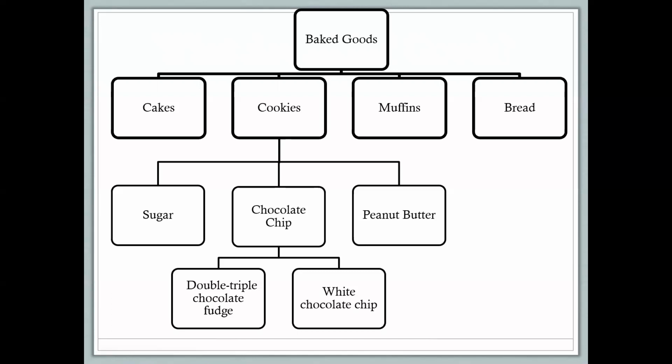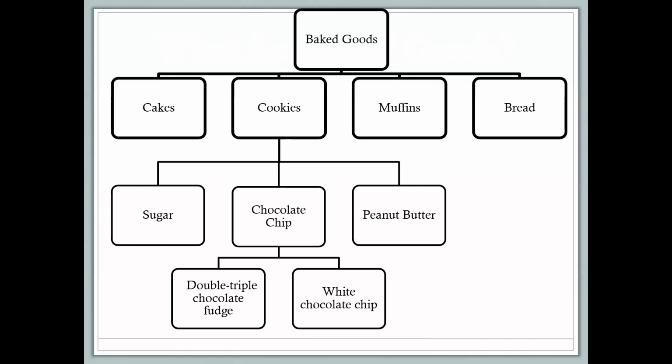And then notice we can go down even further. Under chocolate chip, you have double, triple chocolate fudge. You have white chocolate chip. There are all sorts of different types. Just walk down the cookie aisle in the grocery store, and you see all these different types of chocolate chip recipes and batters. So when you look at this, we see that we have baked goods at the top: cakes, cookies, muffins, bread, then under cookies, sugar, chocolate chip, peanut butter, and under chocolate chip, double, triple chocolate fudge, white chocolate chip,